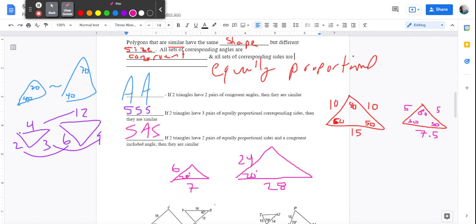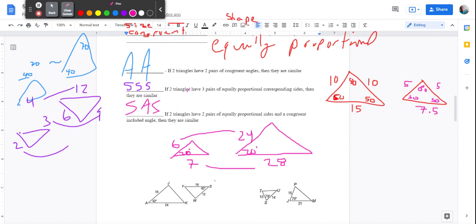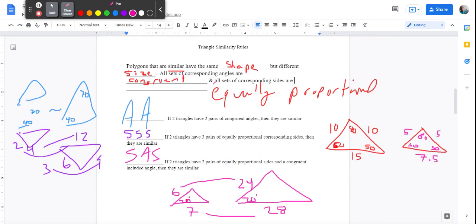Okay. Those two triangles would be similar by side angle side similarity. The two sides are equally proportional, because this one is 4 times the size of that, and this one's 4 times the size of that. The angle in between them is 20 degrees. So those triangles will be similar by SAS. Now, in all these similar triangles, we got to make sure that the corresponding sides are equally proportional. Okay, that's important,